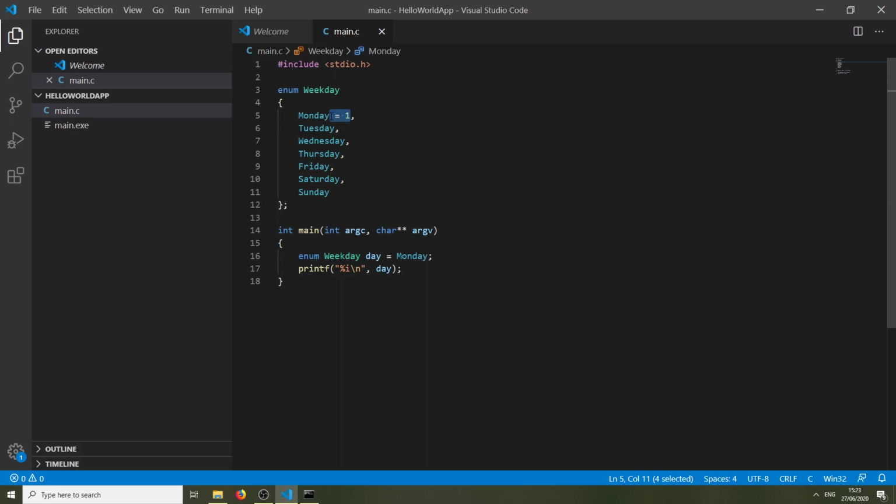When we don't set a value, it counts from 0. In our case, the first element here, Monday, is 0. Second, Tuesday is 1. Third, Wednesday is 2. And so on and so on. We can give all of these any numbers we like. If we now change this to Thursday and recompile,